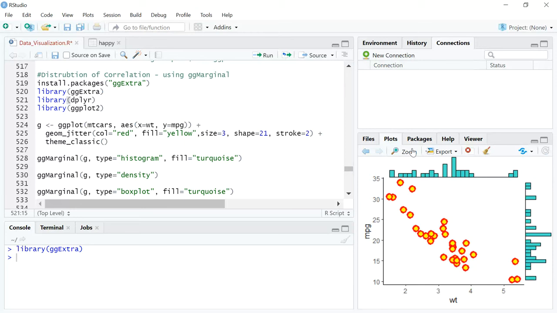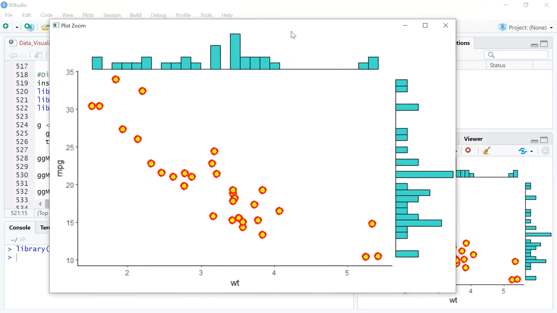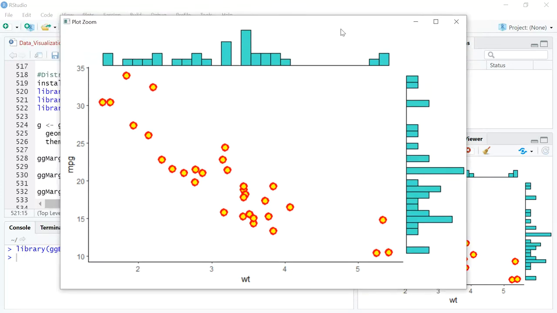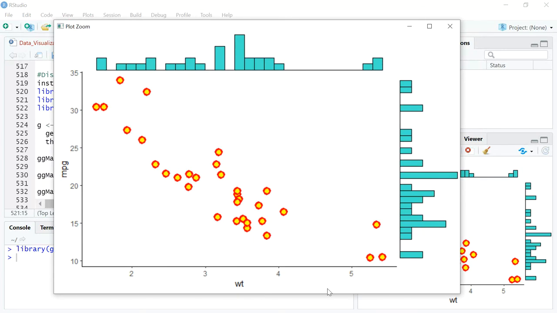And what we are going to achieve is this graph that you see on your screen. You can make subtle changes to this, and we will look at how you can plot the histogram. We will change that to density plots or box plots depending on what we want. But this is a graph that is very unique. And what is so unique about it? On the x-axis, you see a numerical variable, which is the weight of the car, and on the y-axis, you will see miles per gallon, which is mileage. And all these fancy dots that you see, which are bordered in red and filled with yellow.